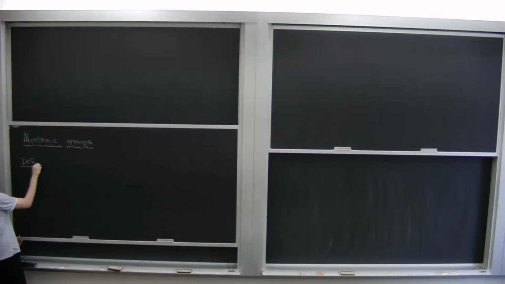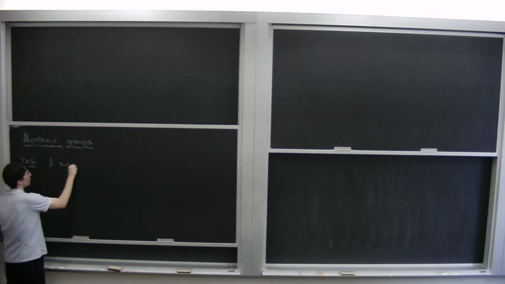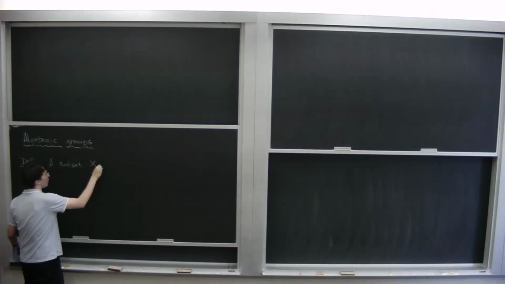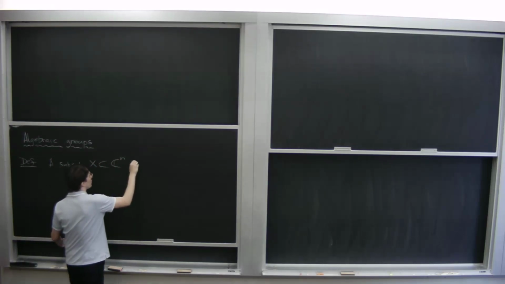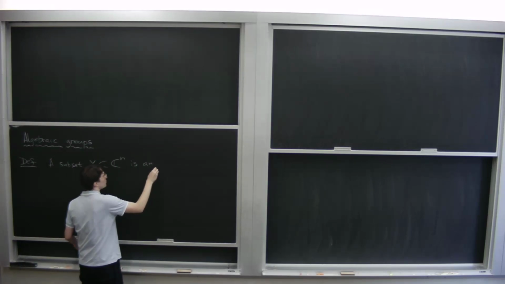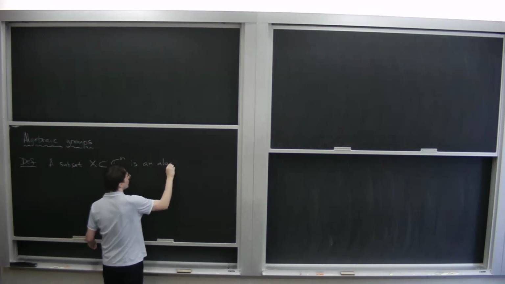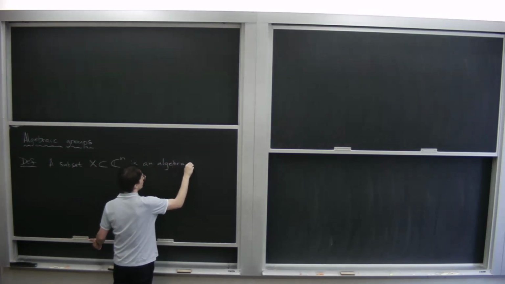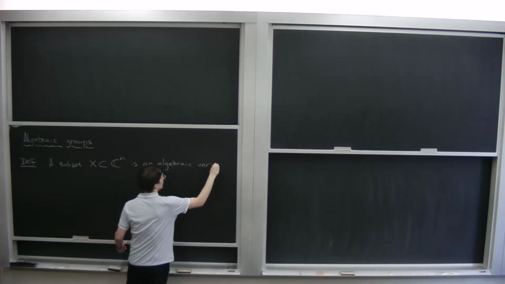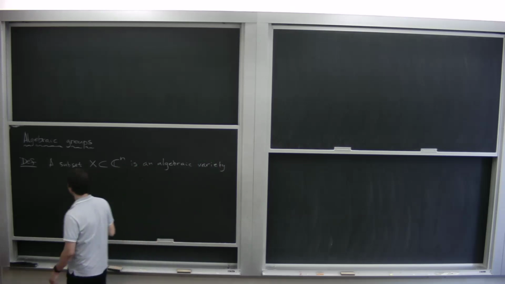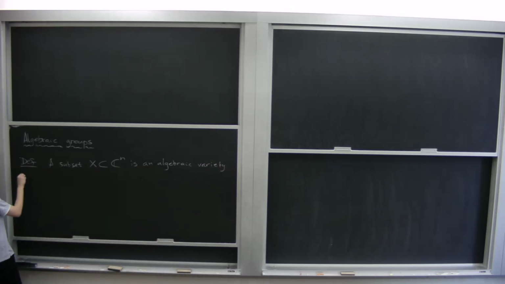So by definition, the subset X in C^n is an algebraic variety, or it's an algebraic set if